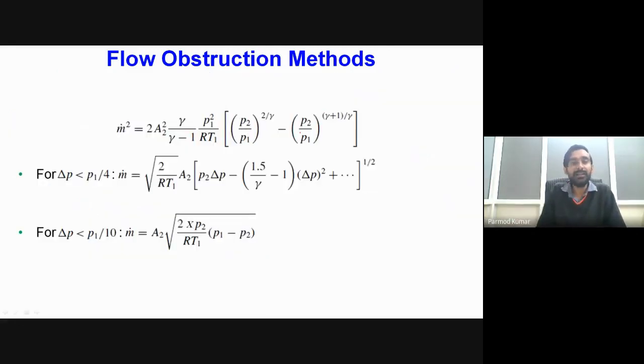Okay, then if we consider the situation of compressible flow, we will have another situation. In case of compressible flow, what will be happening? If we consider that the fluid is an ideal gas, flowing through this type of obstruction section, our total energy will be Cp times T1 plus U1 square divided by 2. This will be equal to Cp times T2 plus U2 square divided by 2.